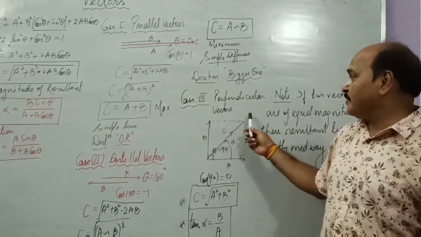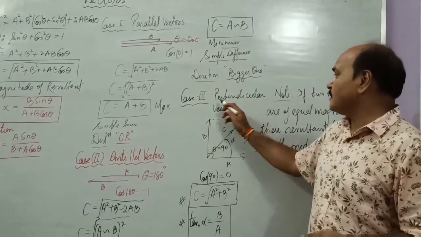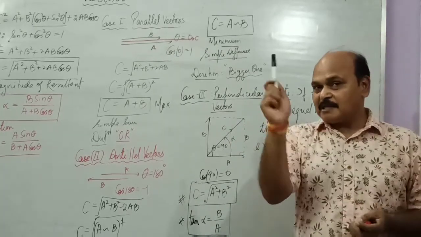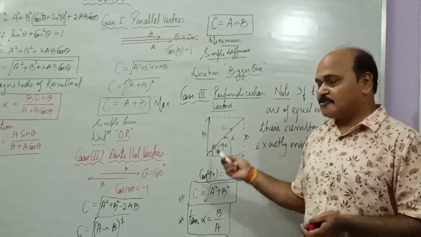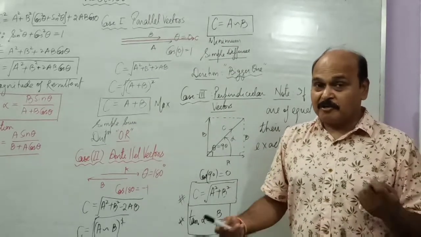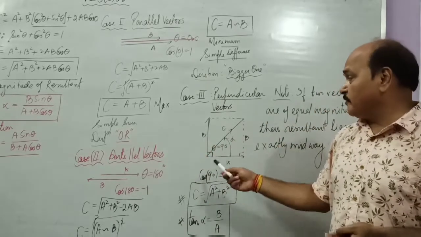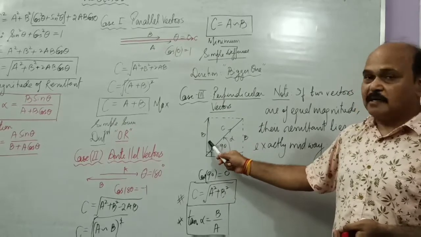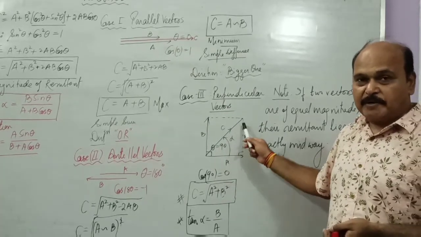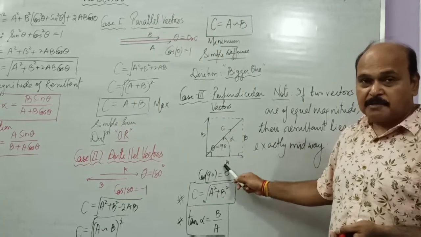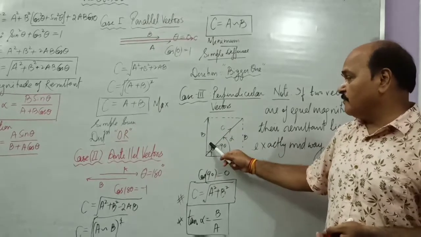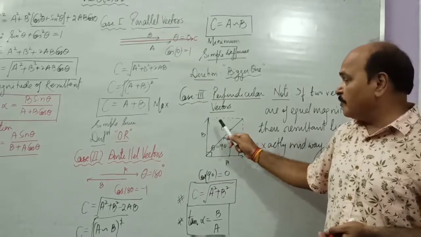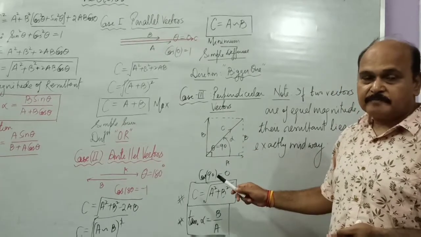And if two vectors are perpendicular to each other, the vector sum is the square root of the sum of their squares. And the resultant lies somewhere in between. And what is that somewhere? For that we have to find out either this angle or this angle. If we find out this angle, from this right angle triangle we get perpendicular upon base. That is tan beta is A upon B, tan alpha is B upon A.